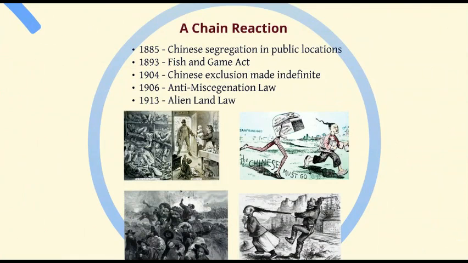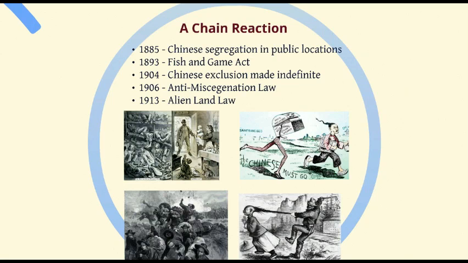So the Exclusion Act pretty much creates a chain reaction of all these other laws that will take place. Now the Exclusion Act basically will ban the Chinese from coming. So the flow of immigrants from China has pretty much stopped, except for the small trickle of those that were under the exemptions. So then what starts to happen is laws start to get passed in the United States to try and make the lives of the Chinese here pretty much miserable, so that we can get them to leave or to deport them.